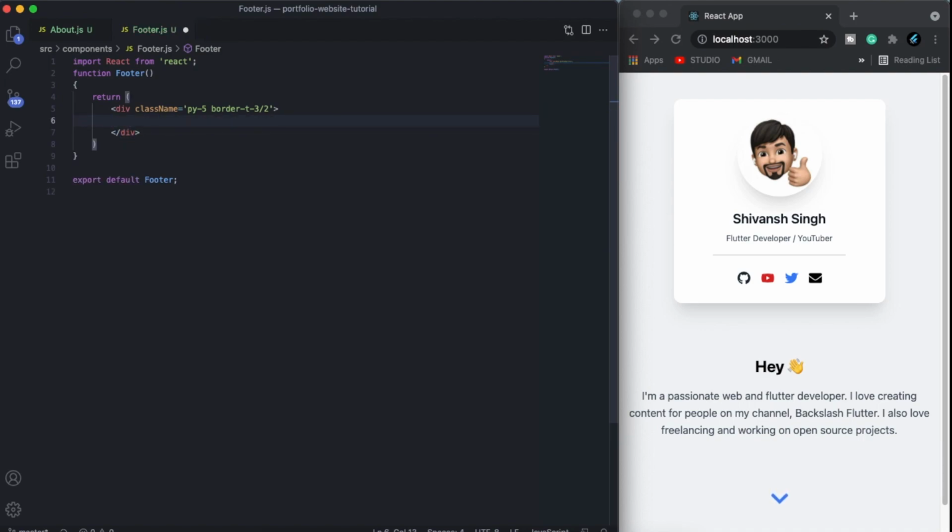Now in this division we will also create another division for our social icons. This will be a flex, and we will align this to be in center, or rather we can do this with justify center and empty of, let's say, 4. Now the next step that we need to do is we will be going to our